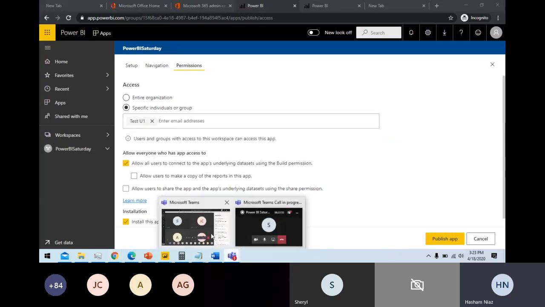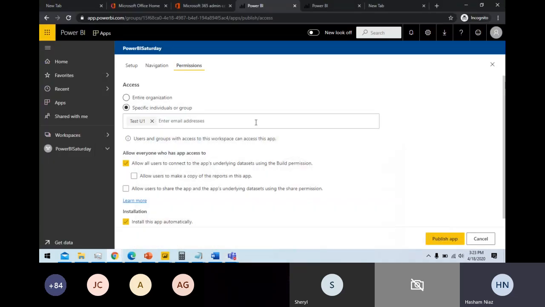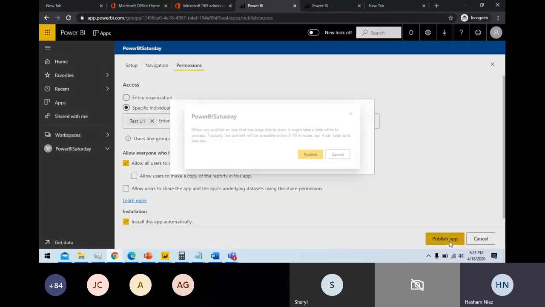Okay, so there is one more question here. Have you created a security group? No, I haven't created a security group or distribution list, but this will work with a security group and distribution list as well. So now see, I am going to publish this. I'm sharing this app with this particular user, and I'm going to automatically install this app to this particular end user. This user could be a security group or a distribution list. You can publish this app,